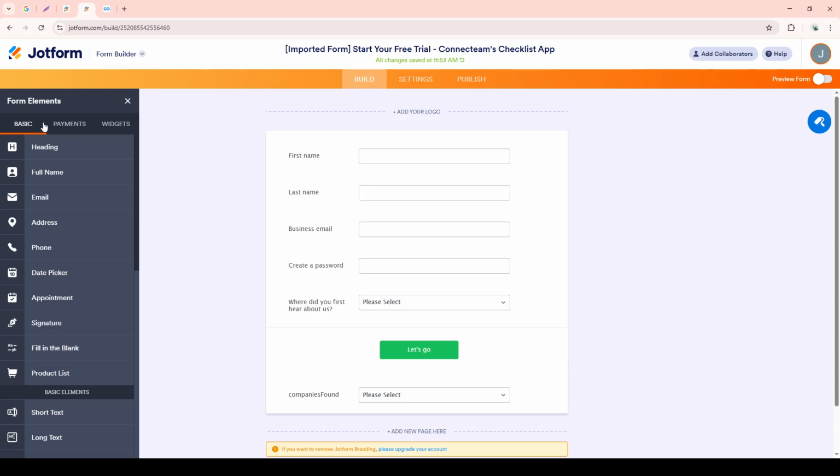And there you have it. By following these simple steps, you've successfully cloned a form from a URL using JotForm. Cloning forms can greatly enhance your productivity by allowing you to reuse and customize designs effortlessly. So, next time you find a form you want to replicate, you'll be ready to do it in a few quick steps. Happy form